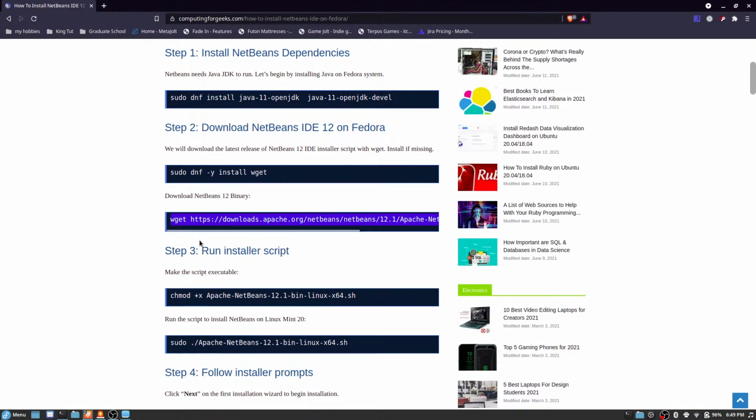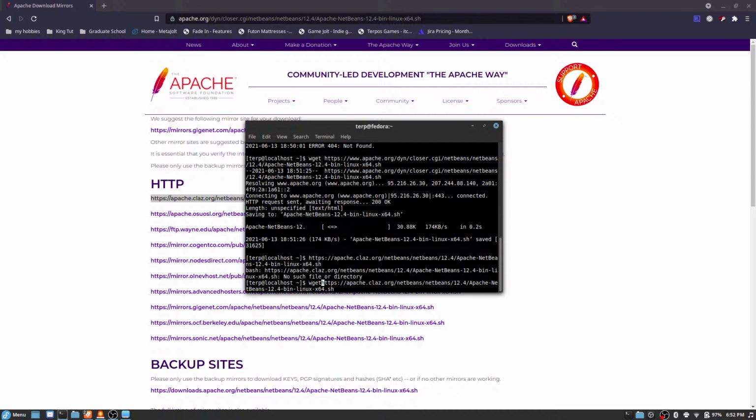Oops. Oh, WGET. Okay. So you just need to copy that part and then just paste it in the terminal.